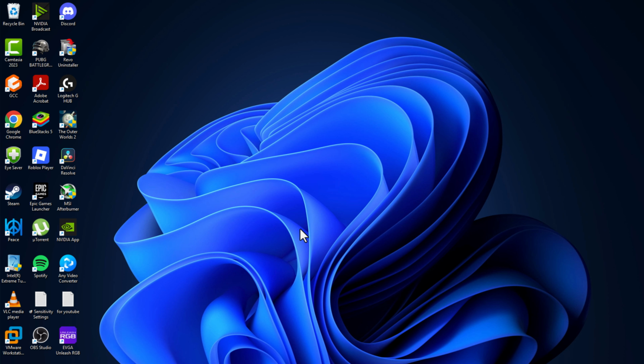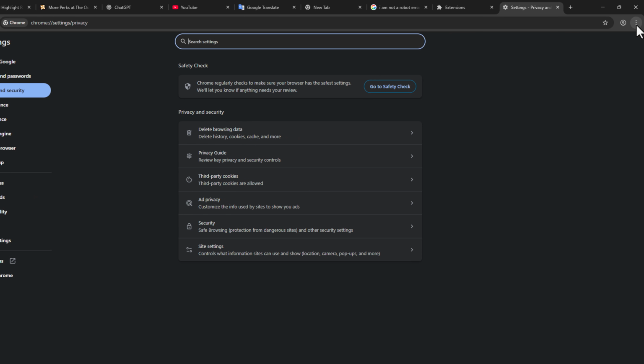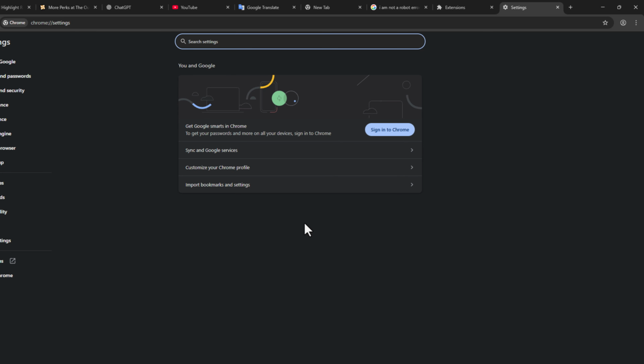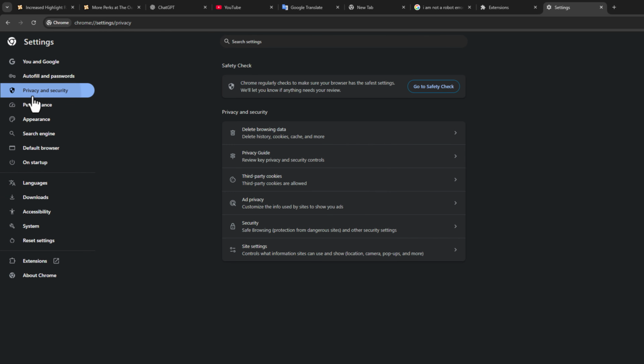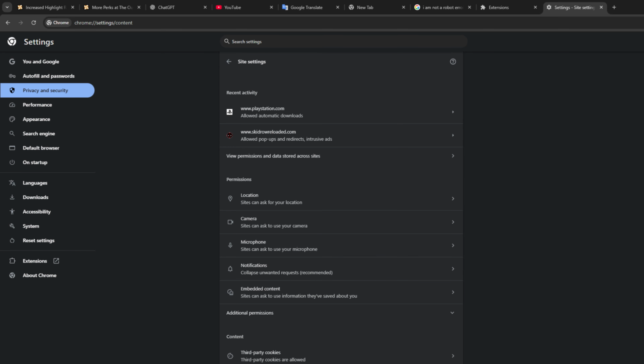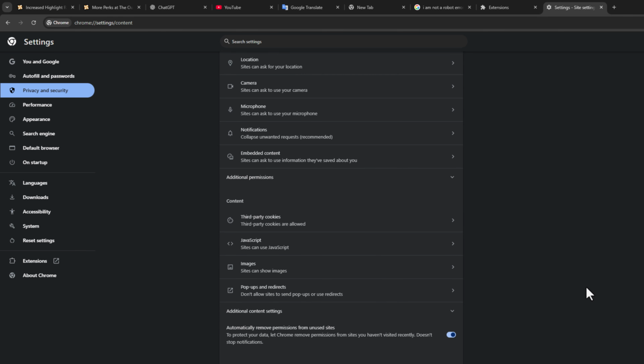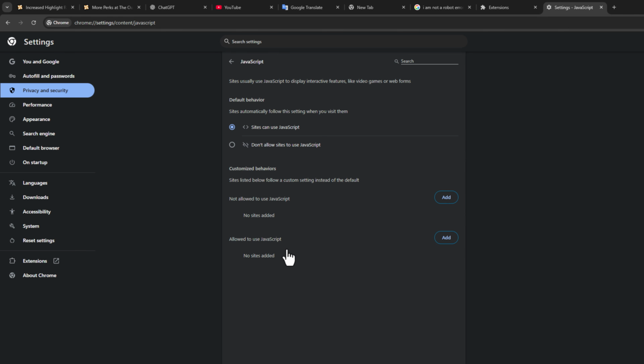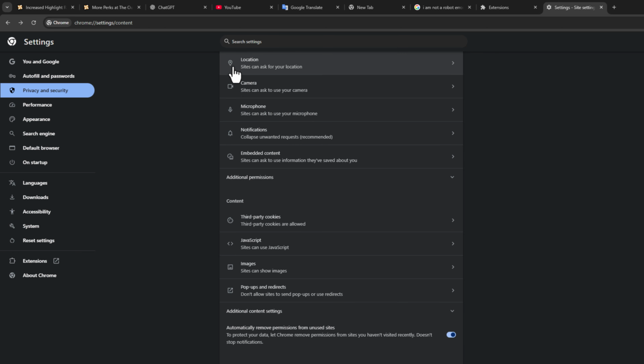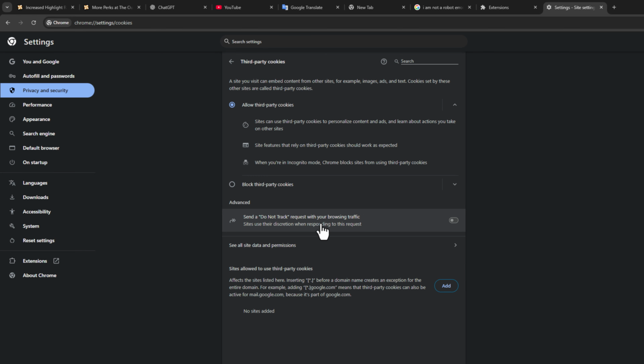And the third step, you just need to open Chrome, click on the three dot icon and go to settings. In settings, go to privacy and security. On the right side, you just need to select site settings, scroll down and select JavaScript and make sure the option that sites can use JavaScript is selected, and then go back and select third party cookies, and you just need to select the allow third party cookies option, and then you can check if the problem